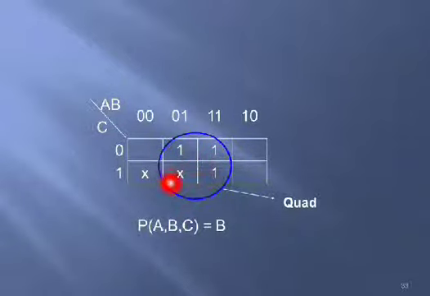The main use of this don't care is for better minimization or simplification of the SOP form. If you consider this don't care as 1 here, there is a possibility of grouping 4 cells. If you consider the don't care as 0, there is no possibility of grouping 4 cells, and you are able to do only pairing. Two pairs you will be getting. Instead of getting two pairs, you can get only one quad. If you consider this don't care as 1, the output expression will contain only one variable, because by grouping 4 cells like a quad, you can eliminate two variables.